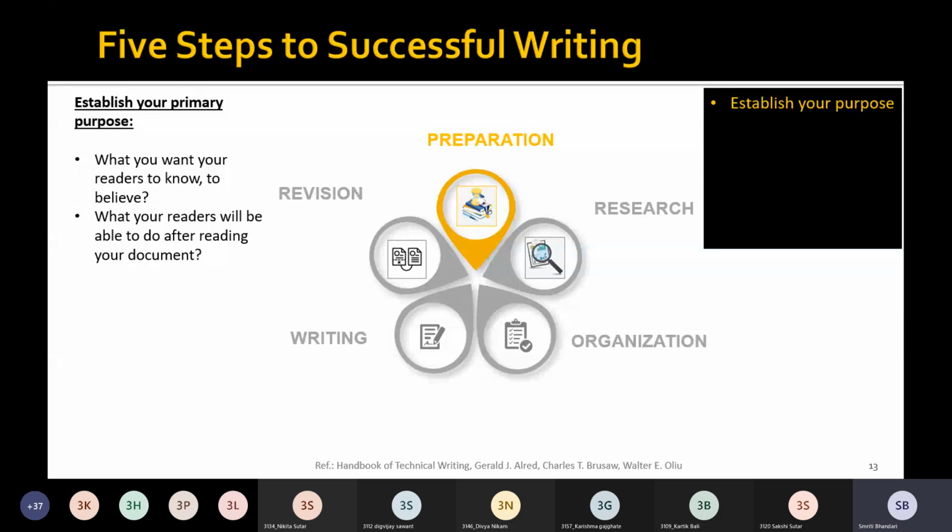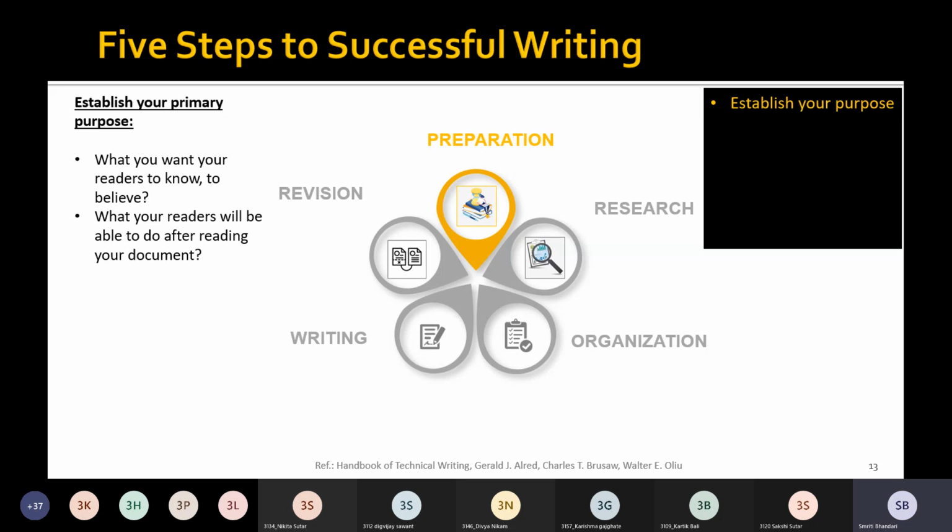Now, if this is the task assigned to you, ultimately, you need to come up with a technical document that needs to be presented to maybe the top management of your company.